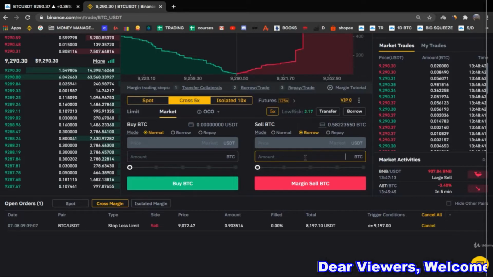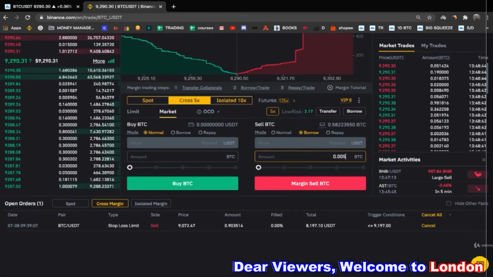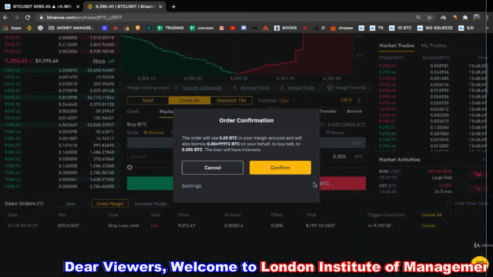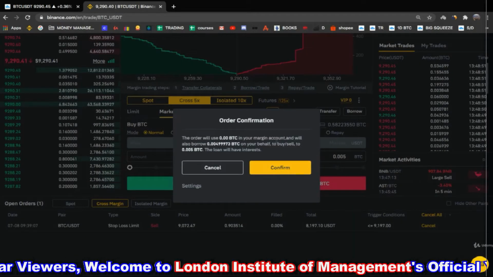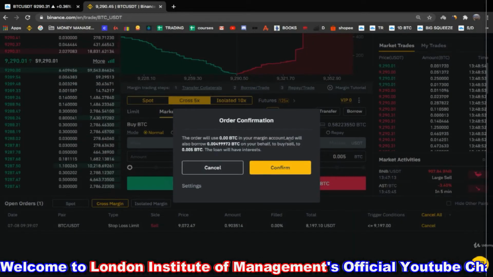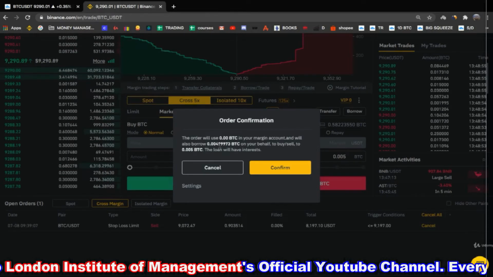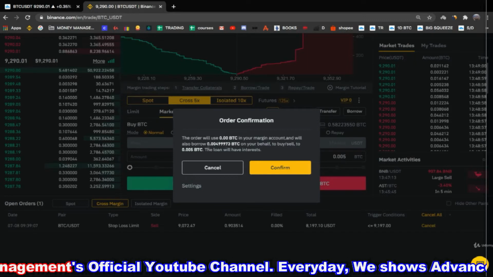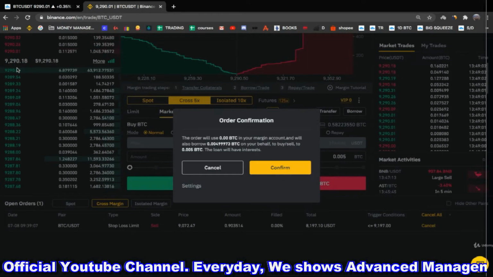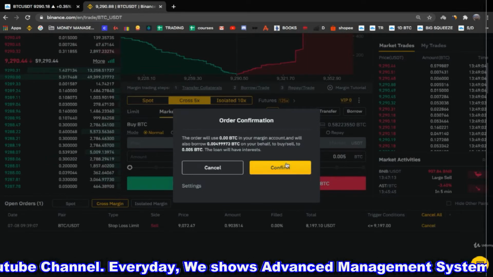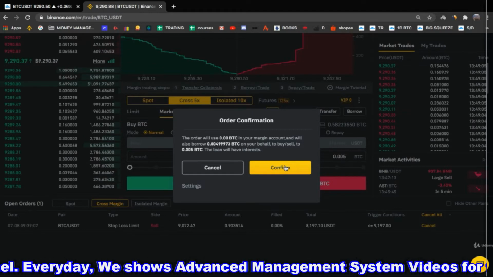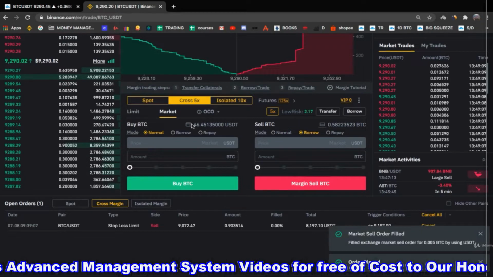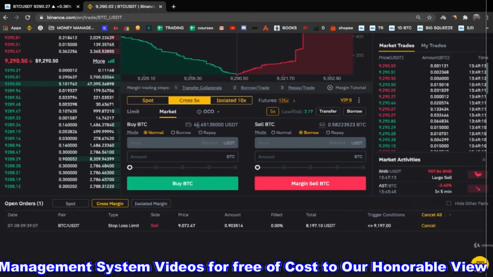Again, we are on borrow mode and we are going to enter a short position. Now what you will see when I execute this position is a margin call, and we also borrow. So basically this is telling you what's going to happen. This loan will have interest, but the interest is not that big. So basically now we are borrowing Bitcoin, and selling it at the current price with the idea to buy back lower. Bam. As you can see, now you have USDT.